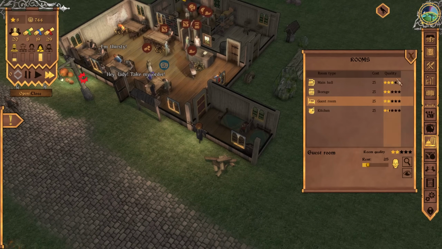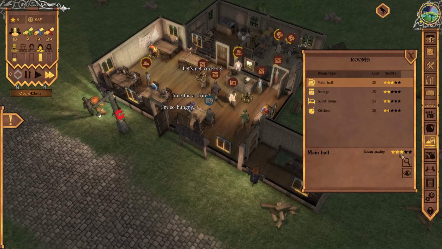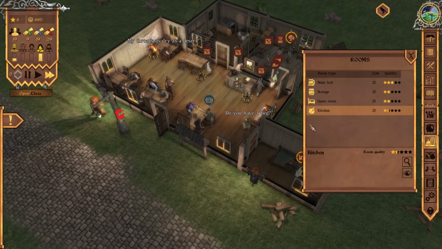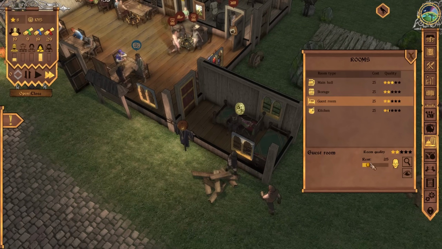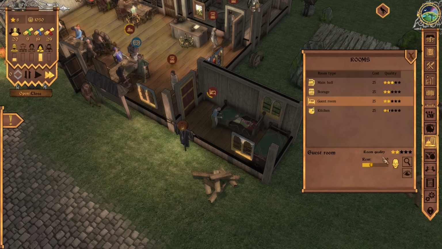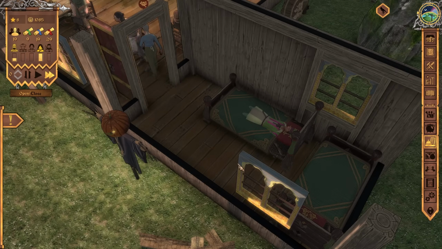Of course, our rooms have a quality of their own. So the main hall is level 3 at the moment. That means that it's quite decent and people will gladly come to this place. The kitchen is rather low at the moment, but still fine. Guest room is at 2 stars, and we can increase the rent. As we can see, we can almost double it, so that every one of them has to pay 40 gold whenever he wants to sleep in my